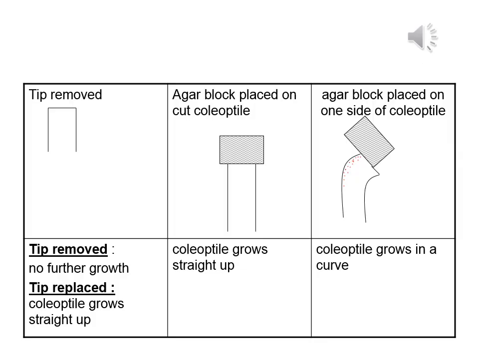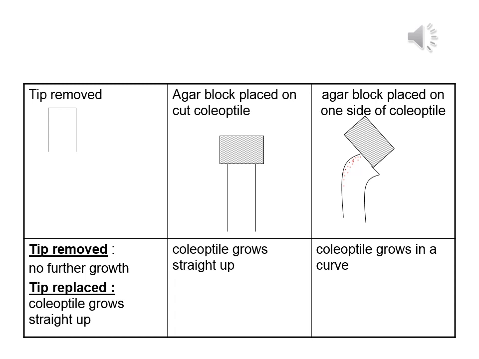Okay, this is the result of the experiment. Experiment number 1: no further growth, because there is no coleoptile tip, so there is no auxin. Okay, experiment number 2,